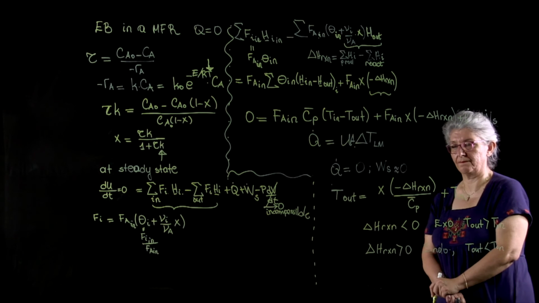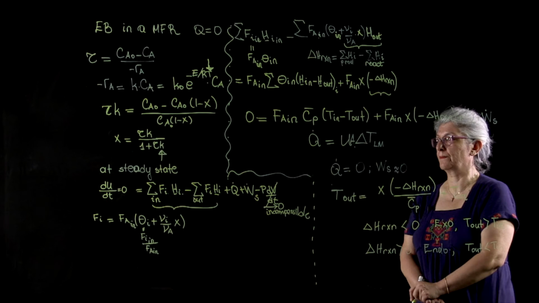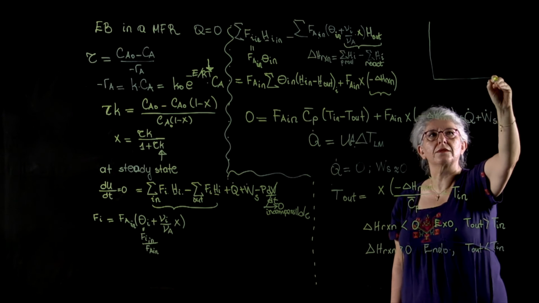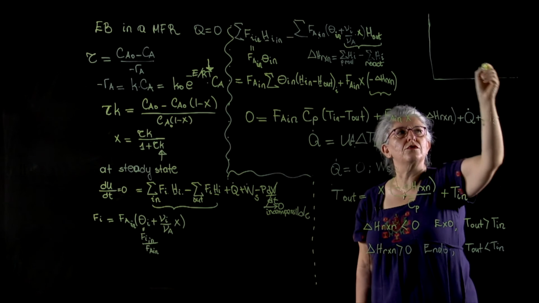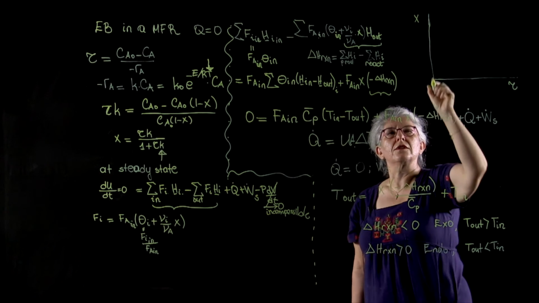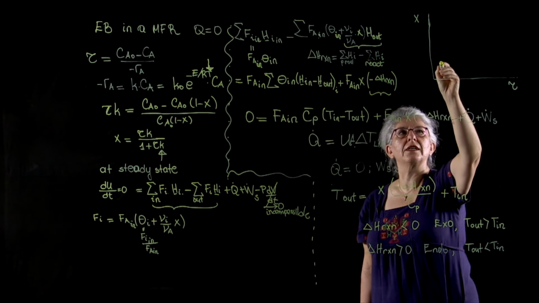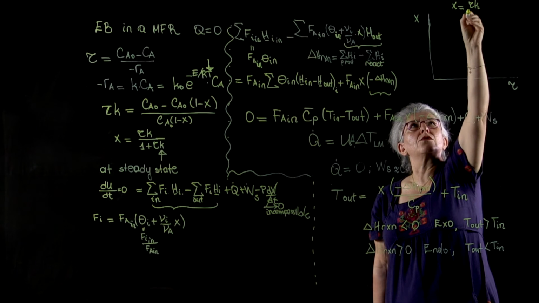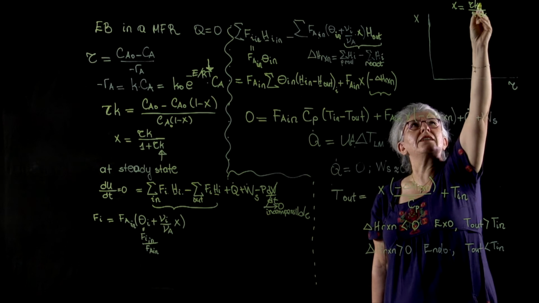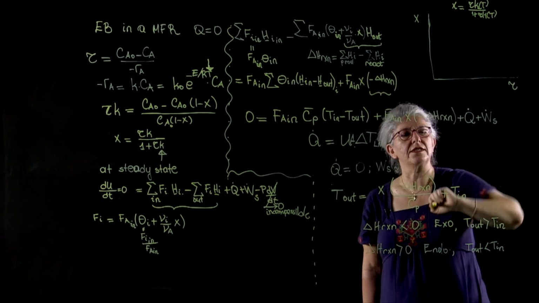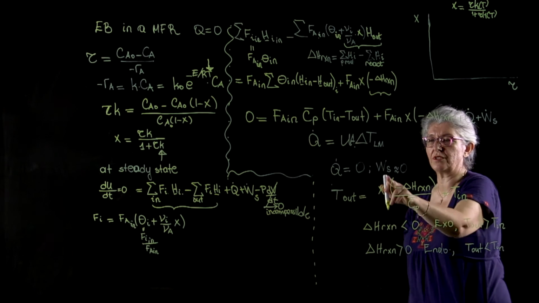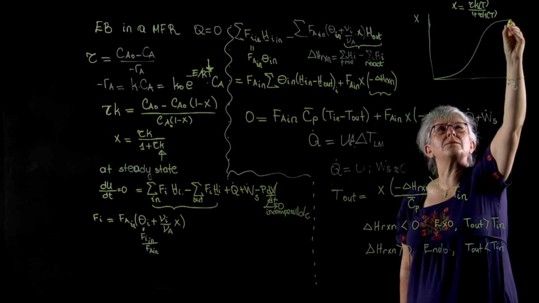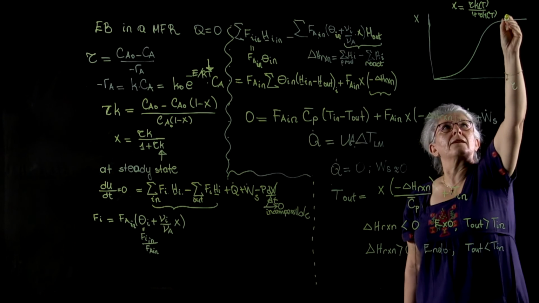Now, given this, if we plot the space-time versus conversion curve for a first-order reaction, our relationship was tau k over 1 plus tau k, and k is a function of temperature. The relationship between temperature and conversion is given by this equation. For the isothermal reaction, our relationship went like a plain sigmoid, where temperature was constant,